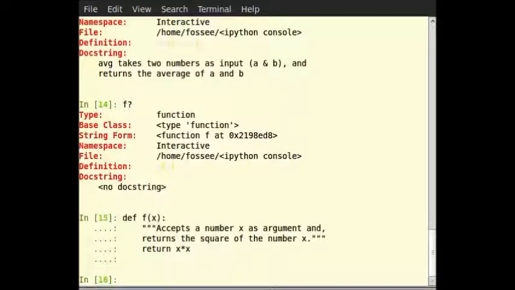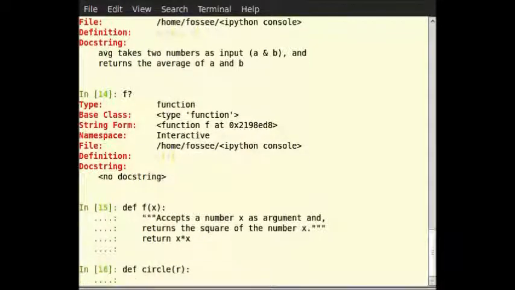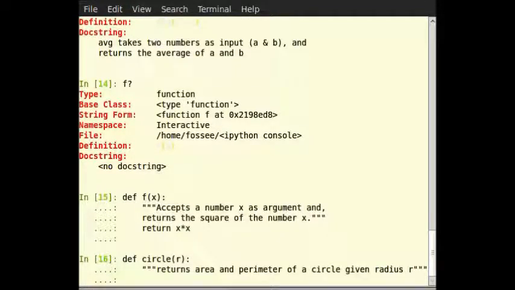We can solve the problem as follows. In the terminal, type def circle within brackets r colon, then in 3 double quotes: returns area and perimeter of a circle given radius r. Then in the next line type pi is equal to 3.14.